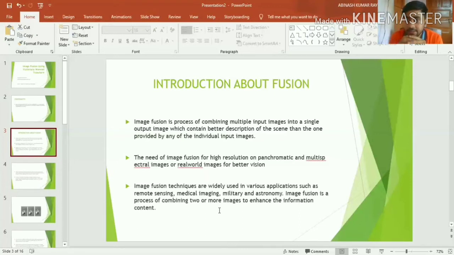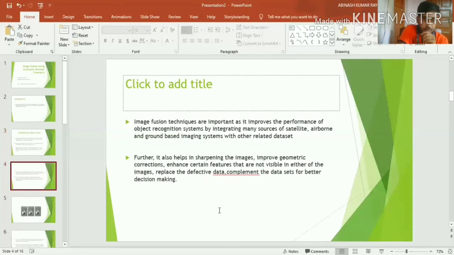And consider a second image whose top portion is clearer, but the bottom is blurred. We can use the concept of fusion on both these images to get a better output image. Image fusion techniques are important as they improve the performance of object recognition.